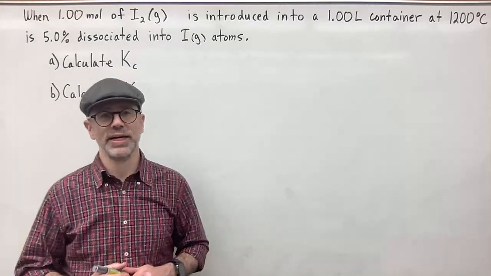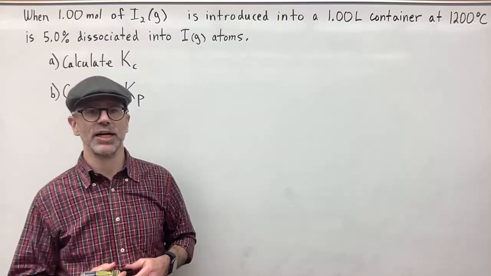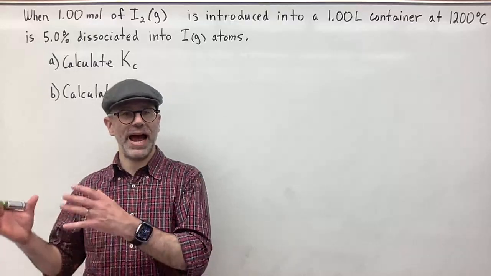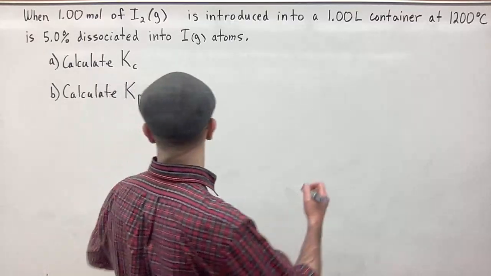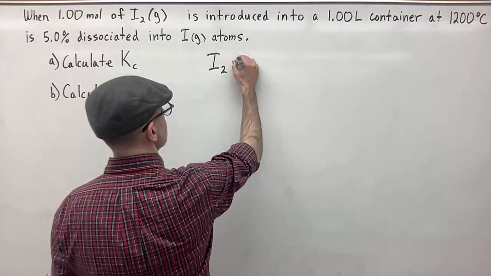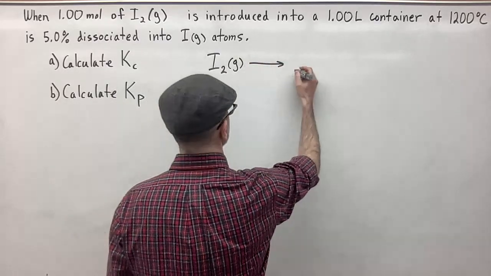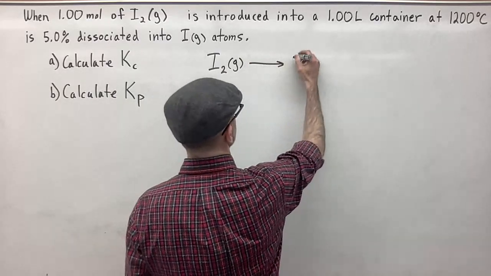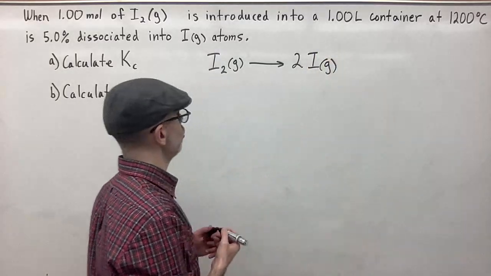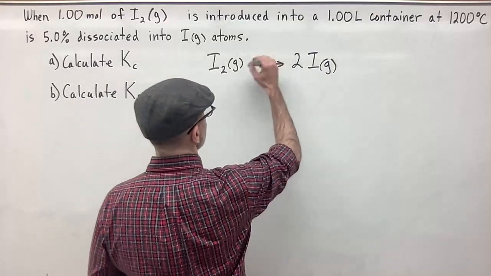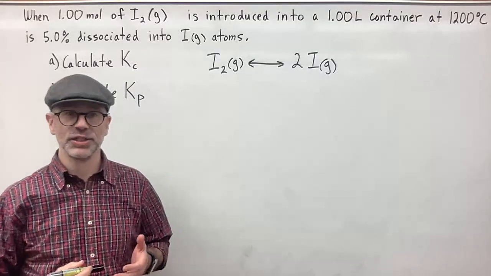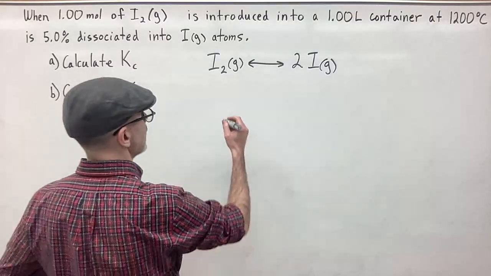So the first thing we want to do is write out the balanced equation of what's going on here. We're dissociating I2 gas into individual atoms of iodine gas. So if we write that out, we have I2 gas, and that's going to dissociate into 2I gas. And this is at equilibrium. So if we have our double arrow there, we can write out the K expression, Kc. So in this case, we have